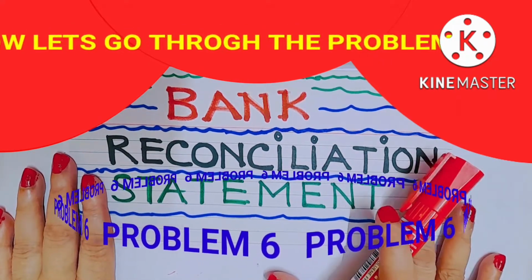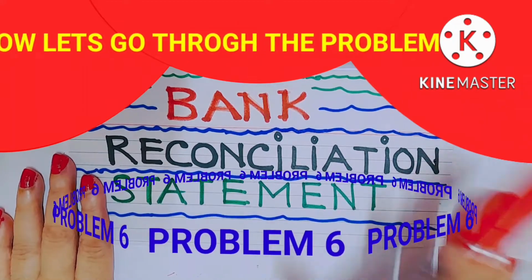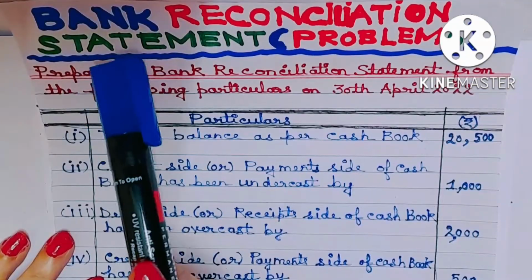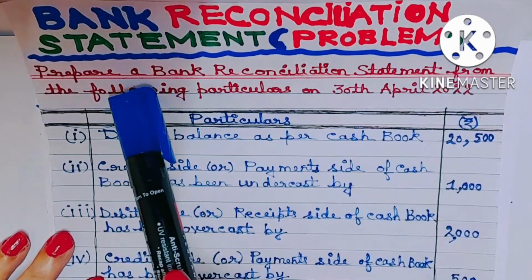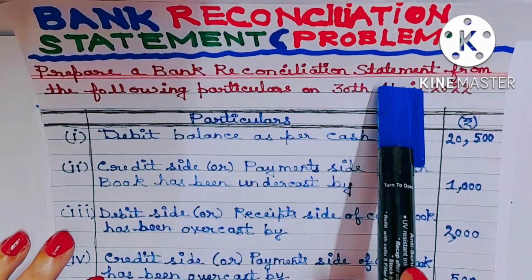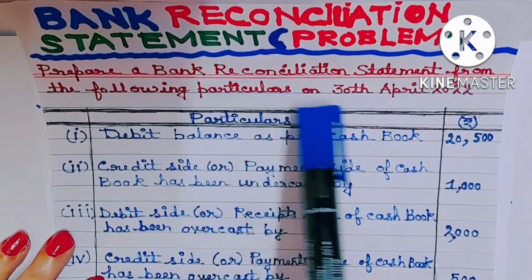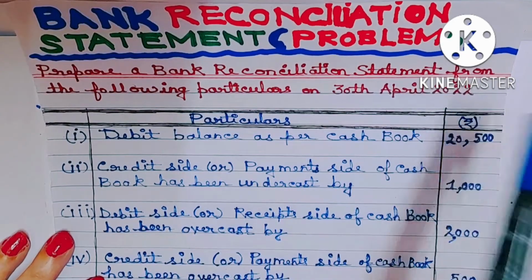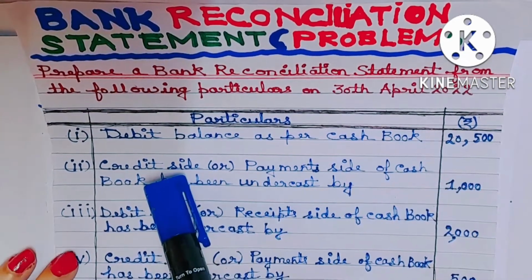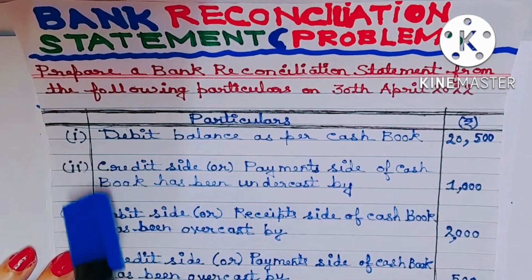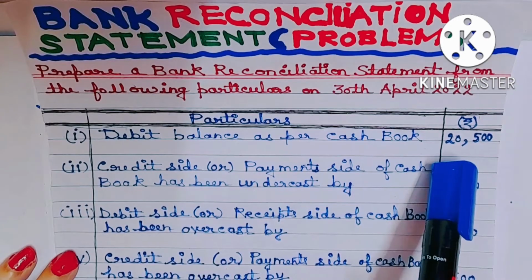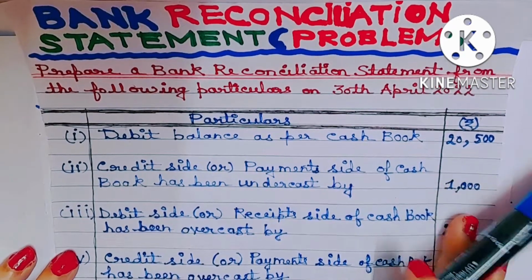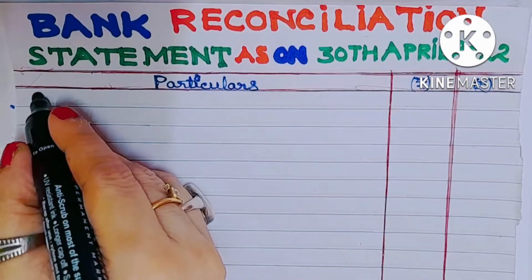Okay? Now let's go through the problem. Bank reconciliation statement problem number 6. Prepare a bank reconciliation statement from the following particulars on 30th April 2022. So what is the first transaction? Number 1. Debit balance as per cash book 20,500. So let's write debit balance